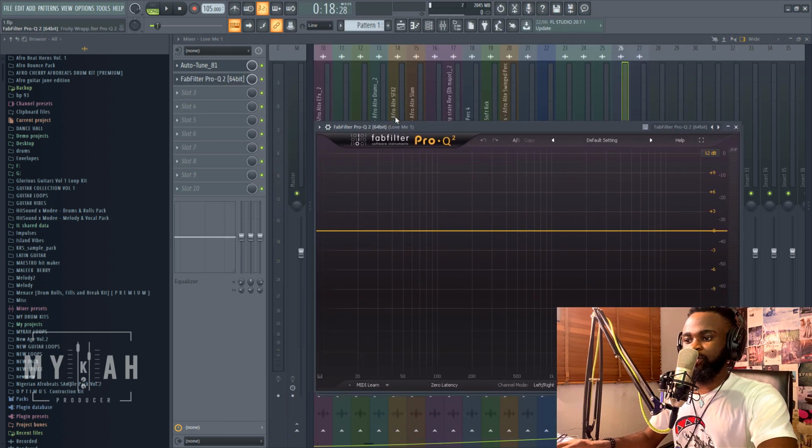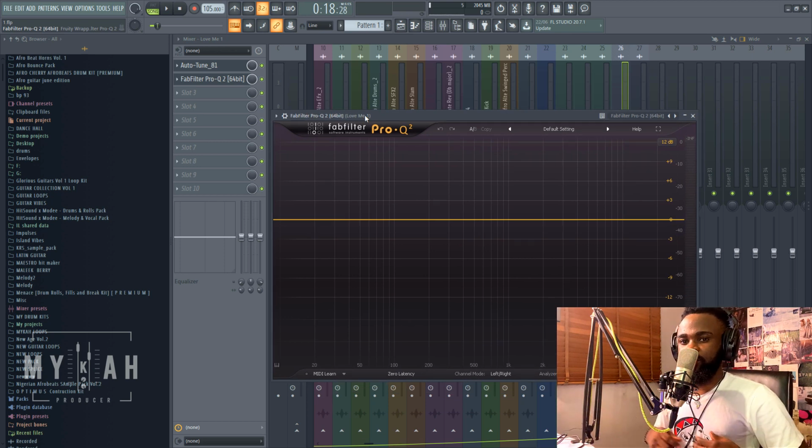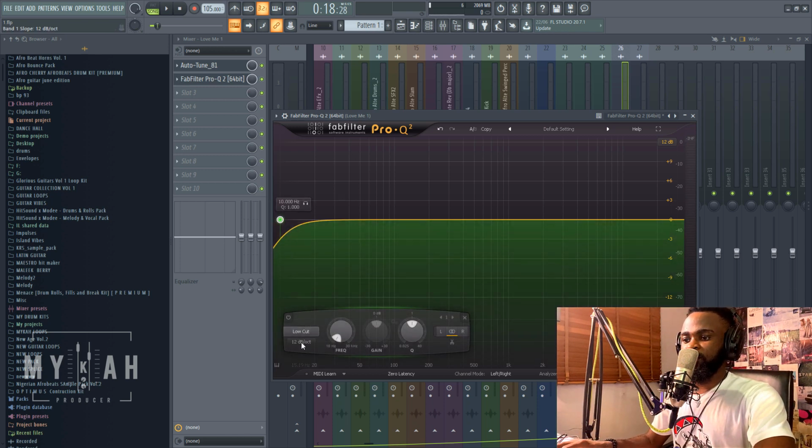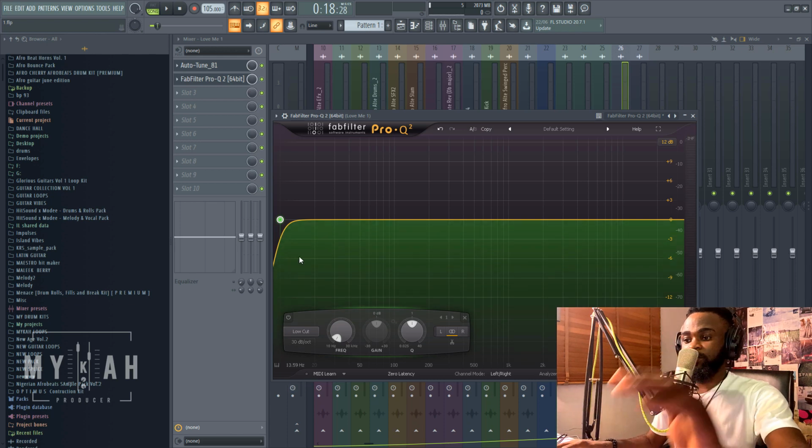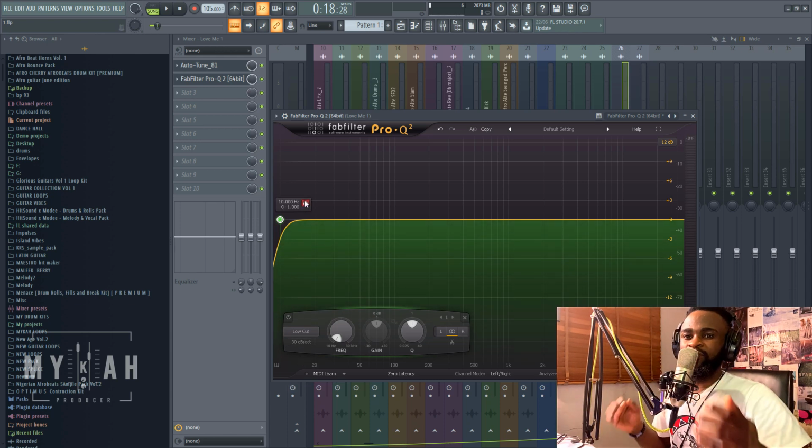Yep. So with this, I'll just be doing some subtractive EQs, looking for frequencies that are not sounding nice, and just cutting them down. If you watch my other tutorials, I've done this in my previous tutorial, so it's still the same thing. The first thing I start with is my low cut, to try to cut out the low ends. Why I love this Fab Filter